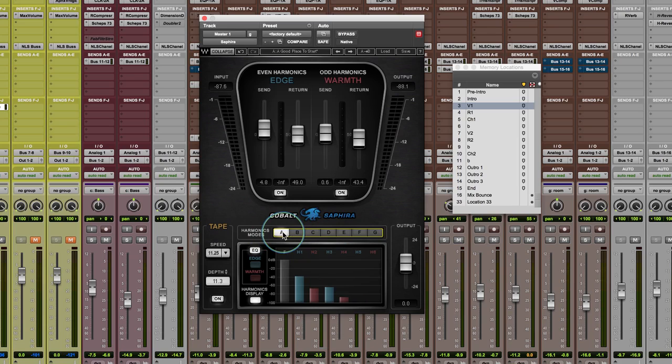So maybe if A is giving you an overall warmer characteristic, then maybe you start off with that on something that is a little bit thinner and digital, where you're trying to bring in more body or warmth. What it does is give you a lot of tonal coloration or variations. This is a really powerful mastering tool when you get right down to it, or a mix bus tool, because you can shape in a very musical way some of the tonal and depth characteristics of the mix,